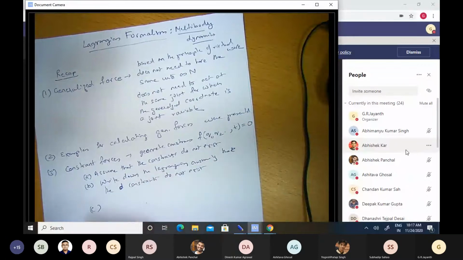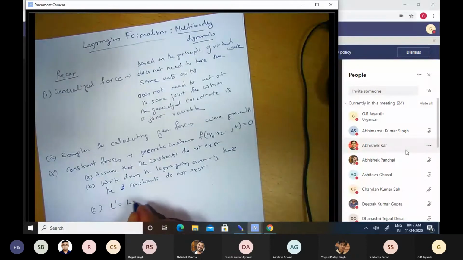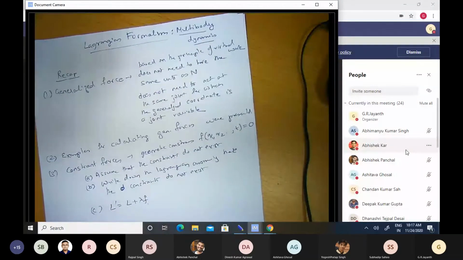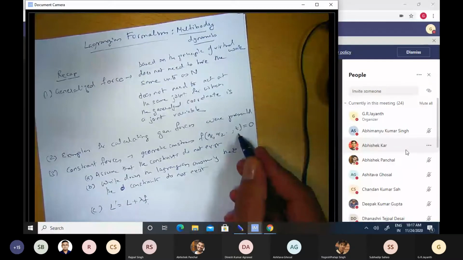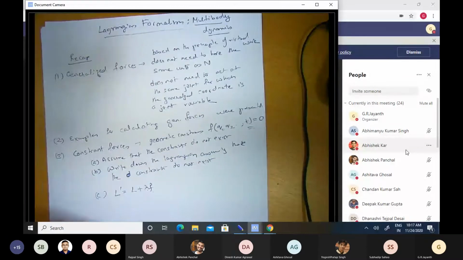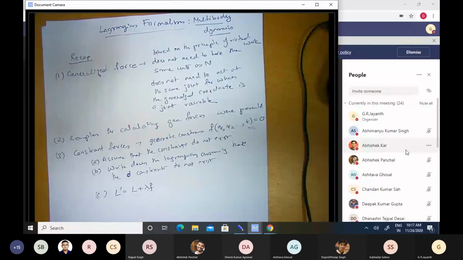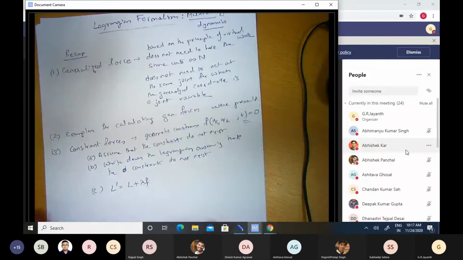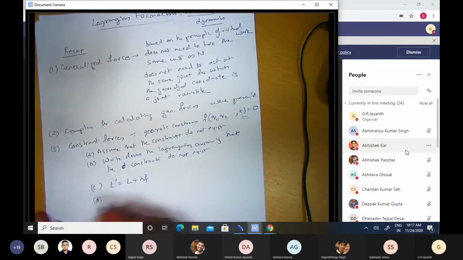Okay, then the third point is the first step that I wrote in the previous lecture, namely to introduce a new Lagrangian L prime, which is equal to L plus lambda f, where f equal to 0 is the constraint that our system has. Lambda was called a Lagrange multiplier, and then we treat lambda as another generalized coordinate. Write down the Euler-Lagrange equations for that also. Once we do this, the expression that we get for lambda will help us obtain the constraint force.